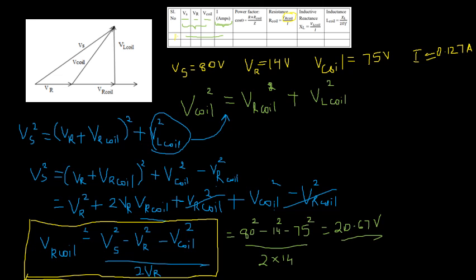So the unit is volts for the voltage across the coil. So you know now what is the voltage appearing across the resistive component of a coil. As I already explained, your coil will have a resistive component as well as an inductive component. This value is denoted as VR coil, and this voltage we are going to designate as the inductive component voltage appearing across a coil. So it is VL coil.